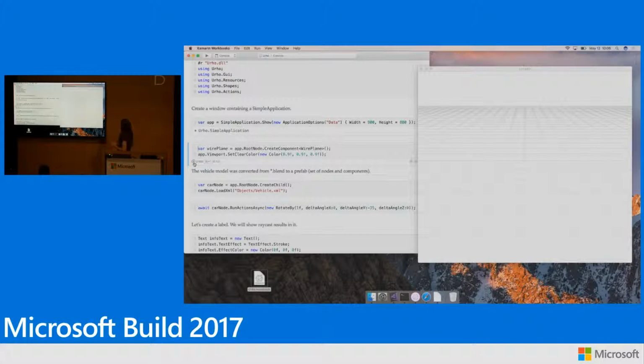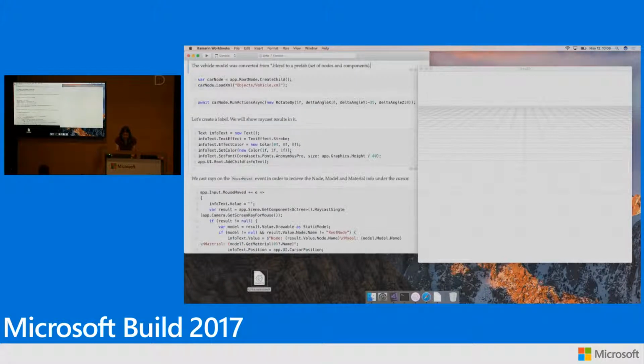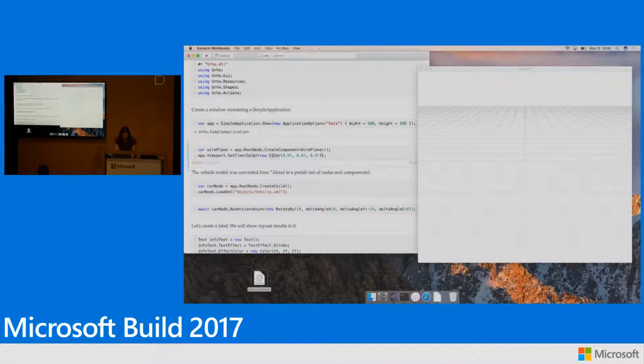So this is just because we want some kind of surface to see our object on. I can actually go and change that color to be a little darker here. So you have a full C# editing experience here. So I can type new color,